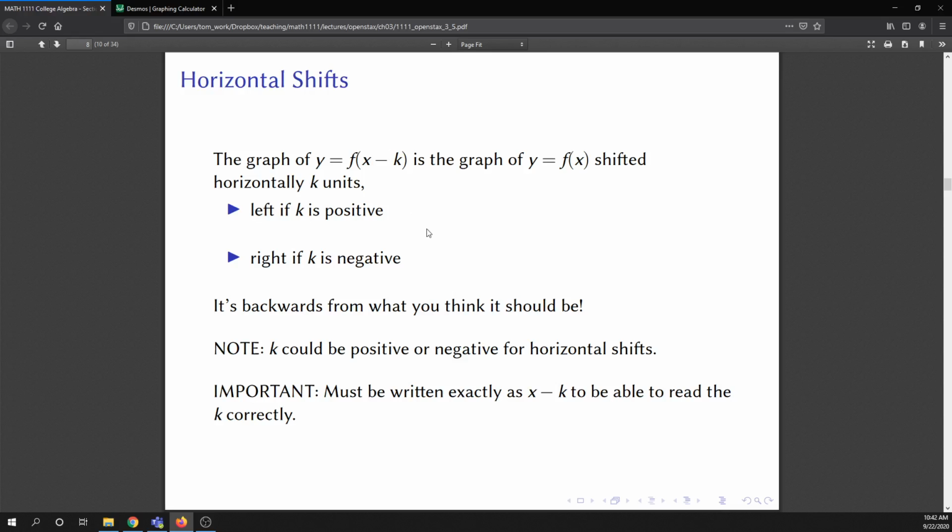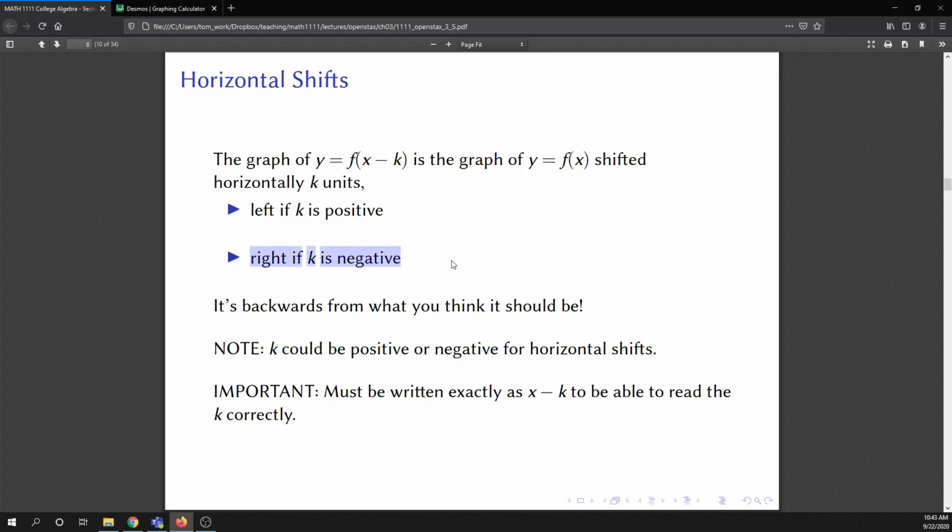All right, next up are horizontal shifts. The second transformation that we looked at was to replace x by x minus k. What is going to happen there is that the graph of y equals f of x, the original graph, is going to be shifted horizontally k units, whatever k is. Now, it's going to be shifted to the left or to the right. And this part is a little bit confusing. It gets shifted to the left if k is positive, and it gets shifted to the right if k is